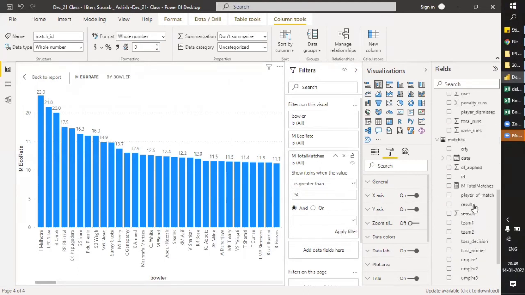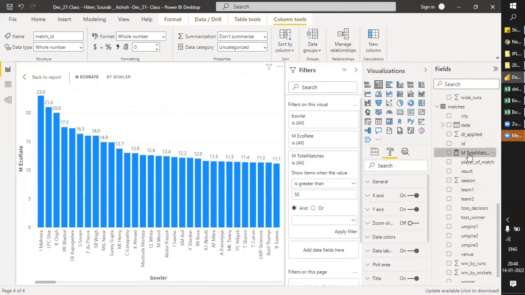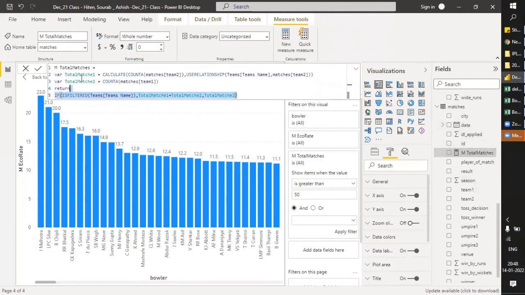Now I'm applying this match ID DAX, which we had used to find the total number of matches a player has played. Any thought why? Probably the value has been created by DAX, that's why it's easier for it to understand. Yes, somewhat right.